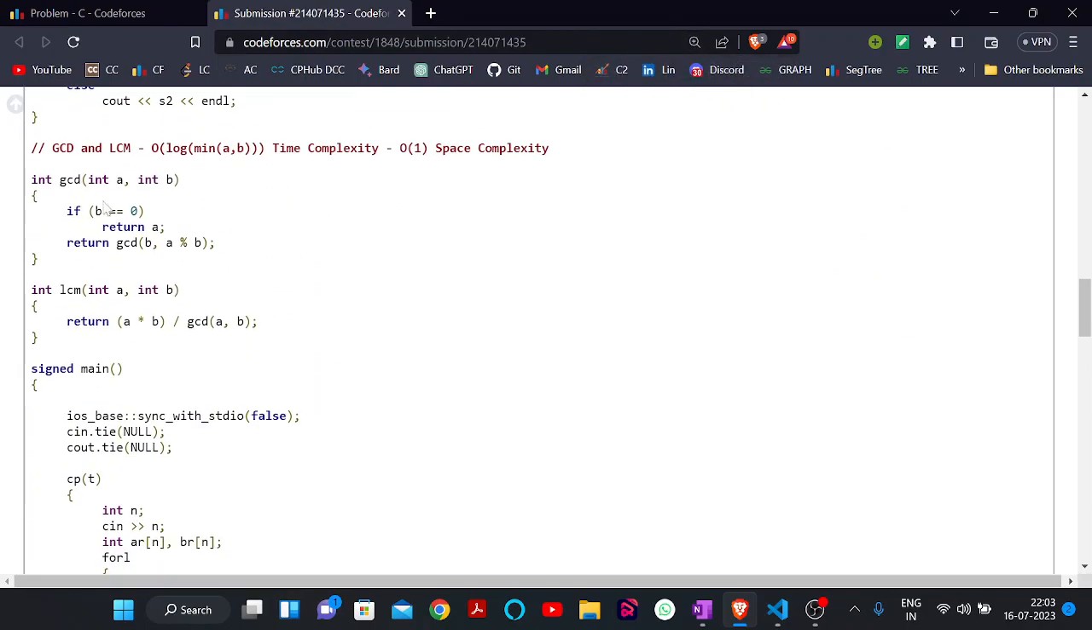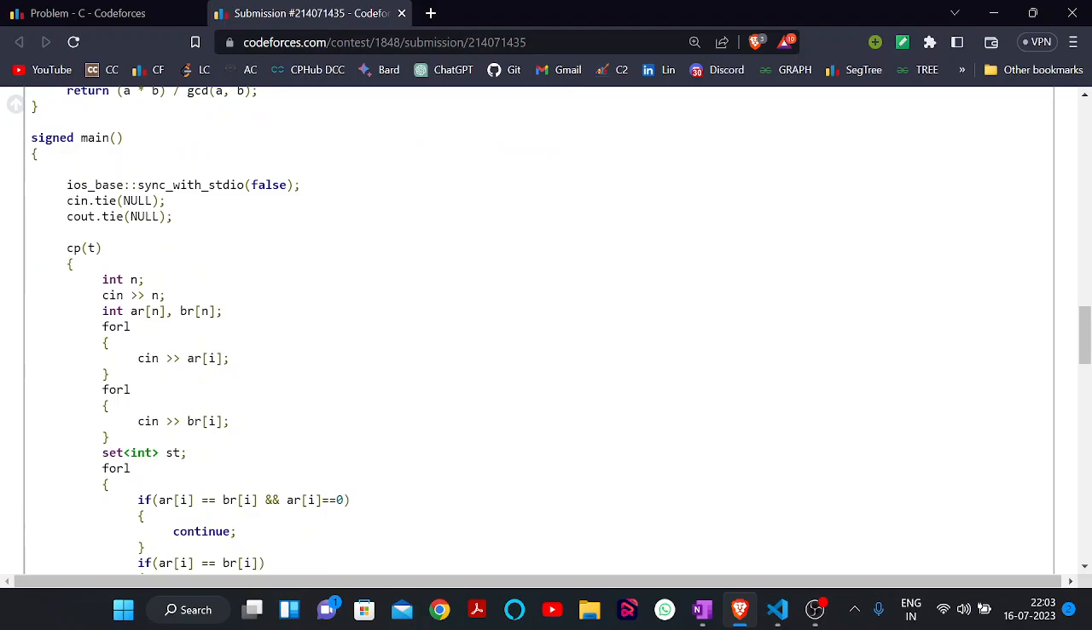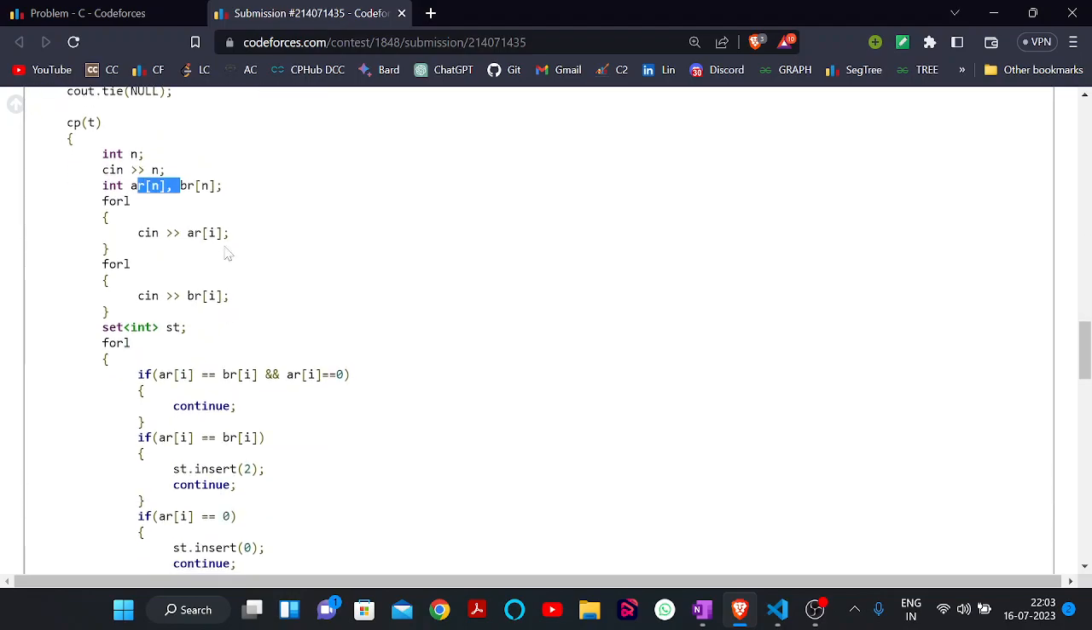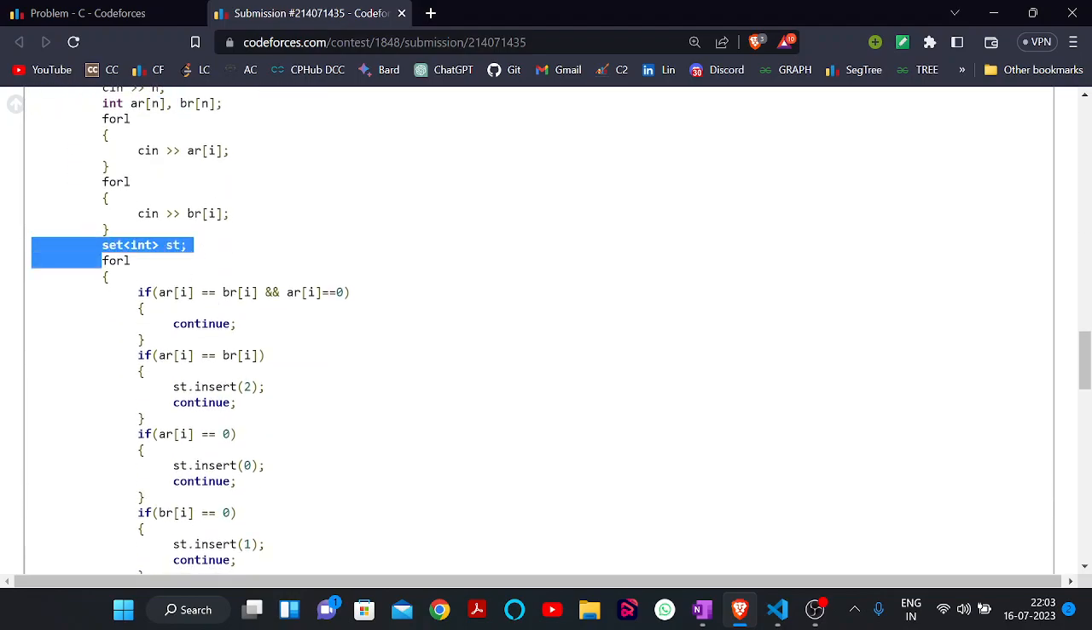This is the GCD. Then I'm taking input for the first array and second array. Then this is the set. Why am I using a set? That is just for checking that we are getting only one remainder. Like there should not be a case where on some index we are getting remainder 1 and on some indexes we are getting remainder 2. So I will insert all remainders in HT and I will check that the size of HT should not be